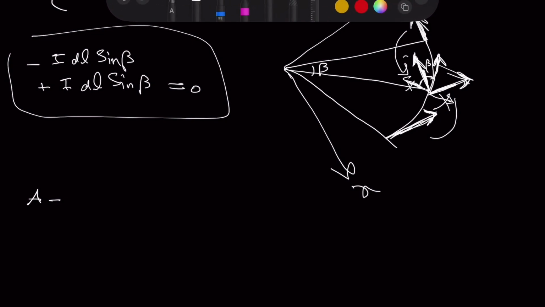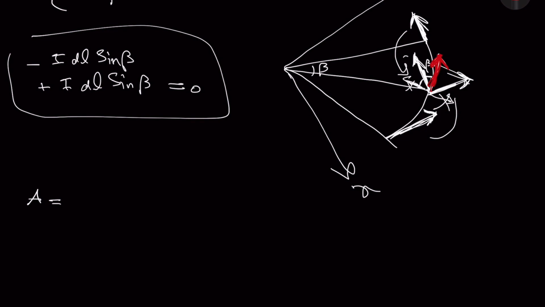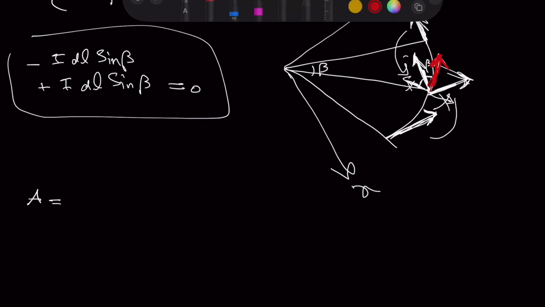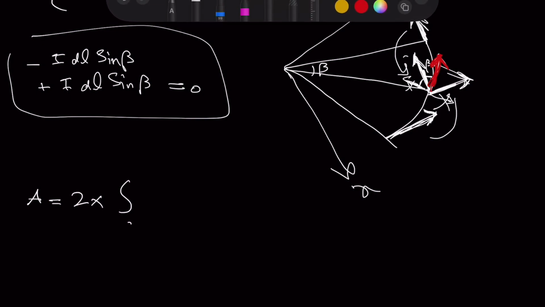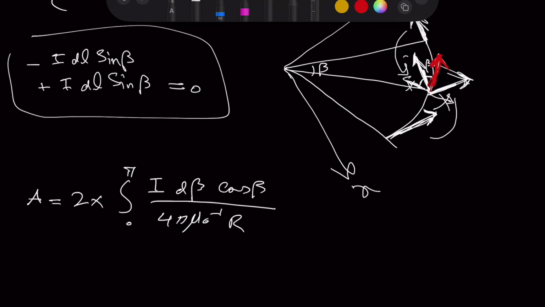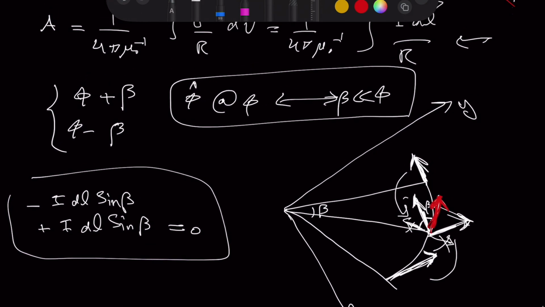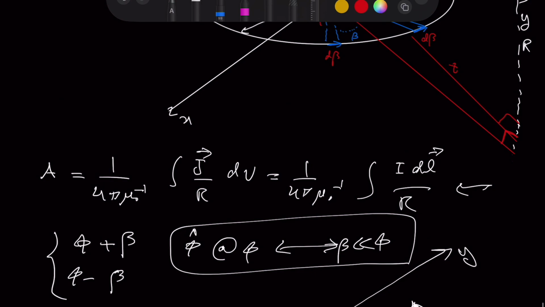If I want to simply focus on this component, the integral is going to be twice the integral from 0 to pi of I d beta cosine of beta over 4 pi. And why is it d beta cosine of beta? The reason for that is simply this length, if we go back to here,